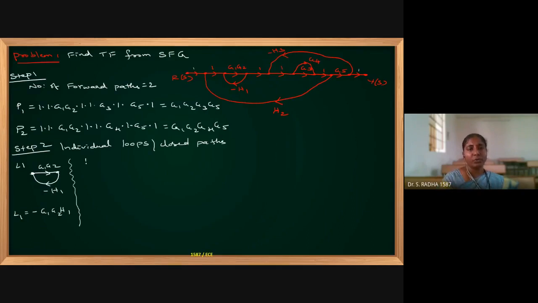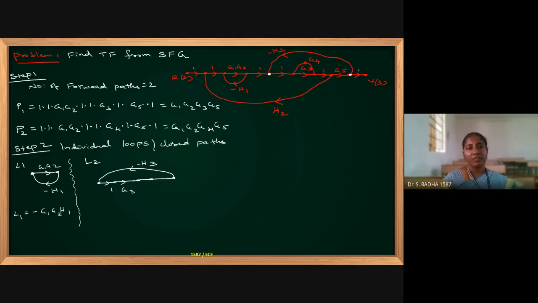Now I am going to loop 2. I will draw the diagram. Any closed path is there? You can just start and draw the diagram. So here I have a point. If I travel in this direction, after reaching here, I will come back with minus H3, in the direction of minus H3. I will draw the diagram. I'm starting from the white color. 1, then G3, then 1, then G5. After G5, I will come back with minus H3. So here it is 1, then I have G3.